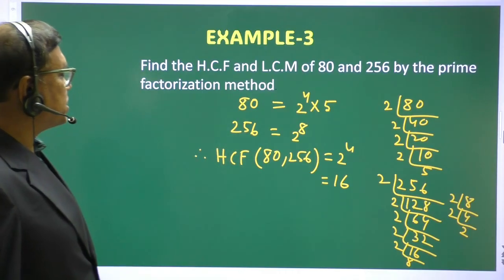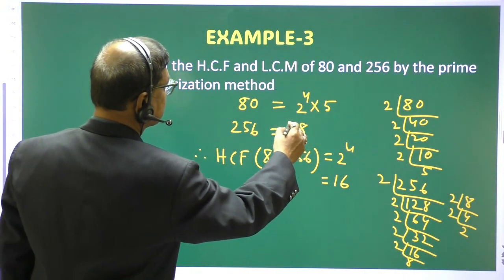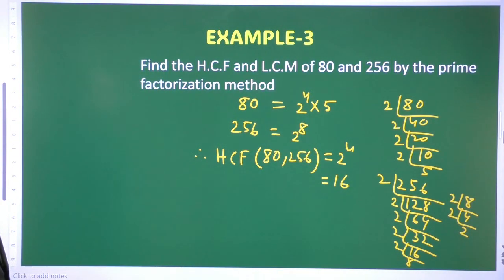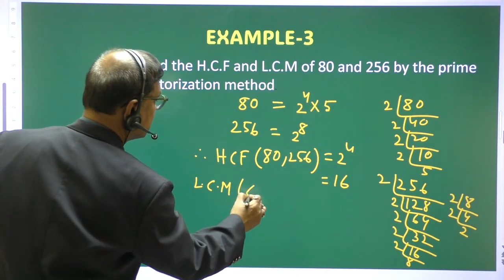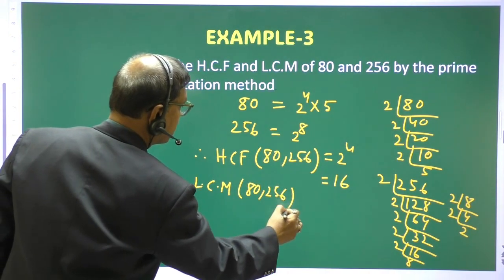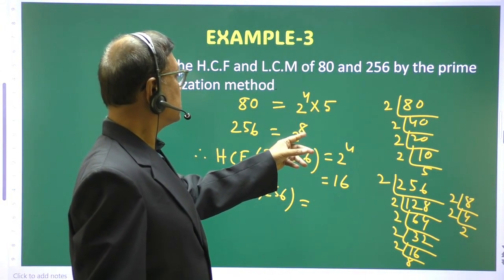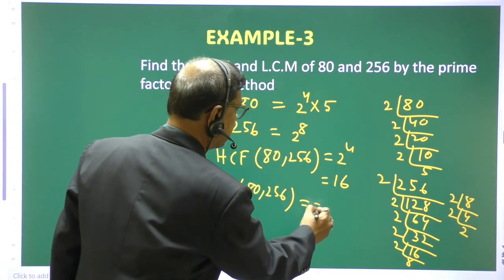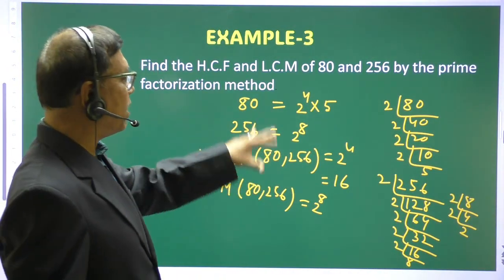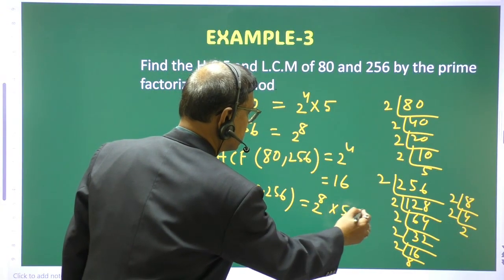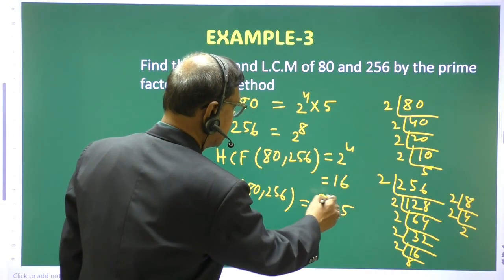So already we got HCF, now we will find the LCM. Already these two numbers are expressed as the product of their prime factors. Now according to the definition, the LCM of these two numbers will be what? Common factors having the highest power, that means 2 to the power 8. But not only the common factors, all the prime factors which are involved here, that means we have to take 5 also. So 2 to the power 8 into 5 will be the LCM, and simplifying we are getting